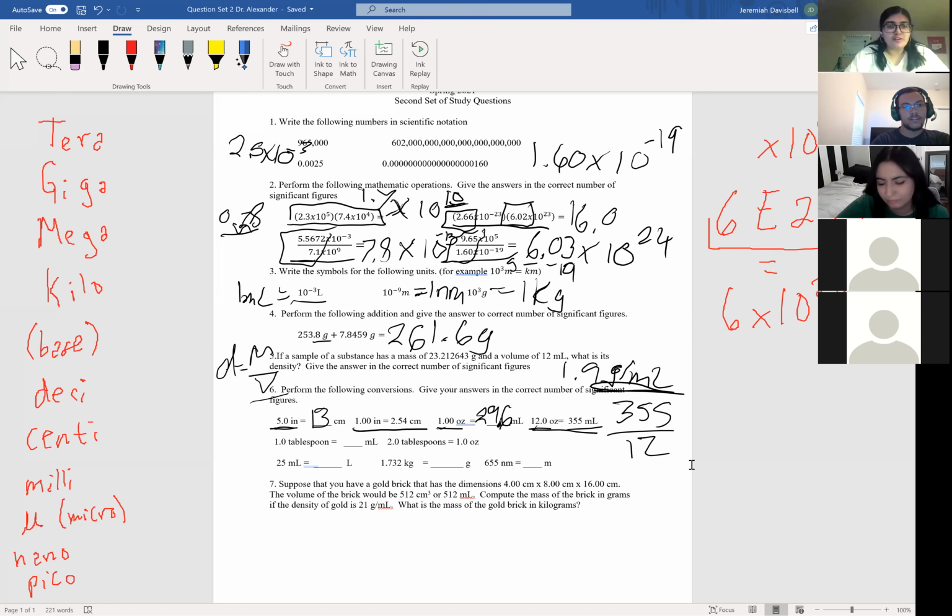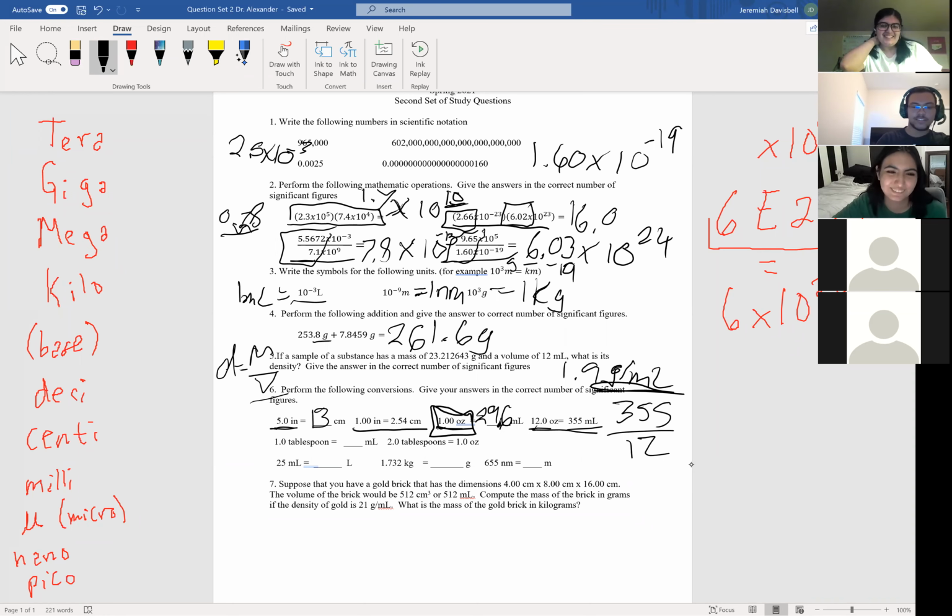Wait, Jerry, before you go. When you're doing conversion factors, you should never use the significant figures of your conversion factors because they're ambiguous numbers and they have an infinite number of significant figures. I was doing it from this. Yeah, but just because you said 3 and 3, so just heads up for everyone. Don't use the significant figures of your conversion factors. Always use the ones from your given number. I didn't even know that actually.